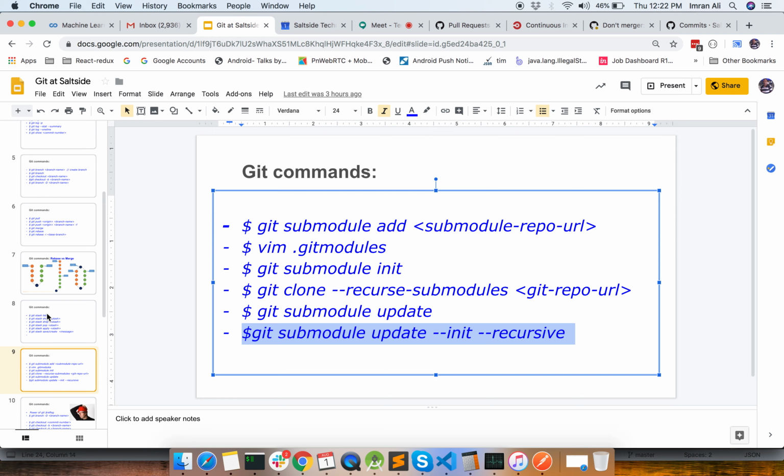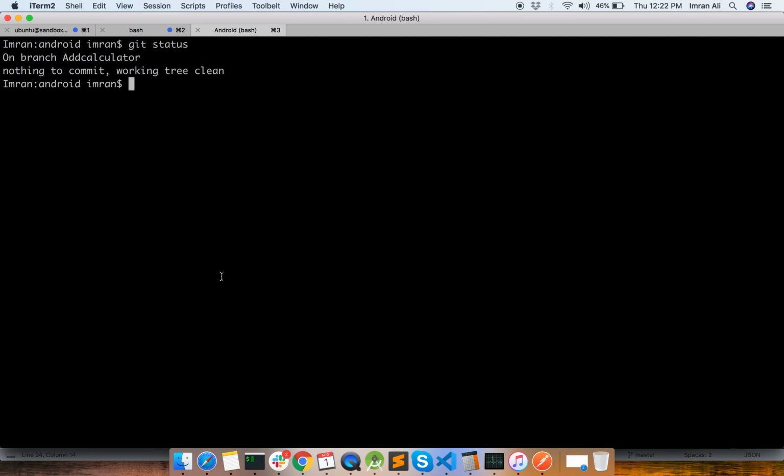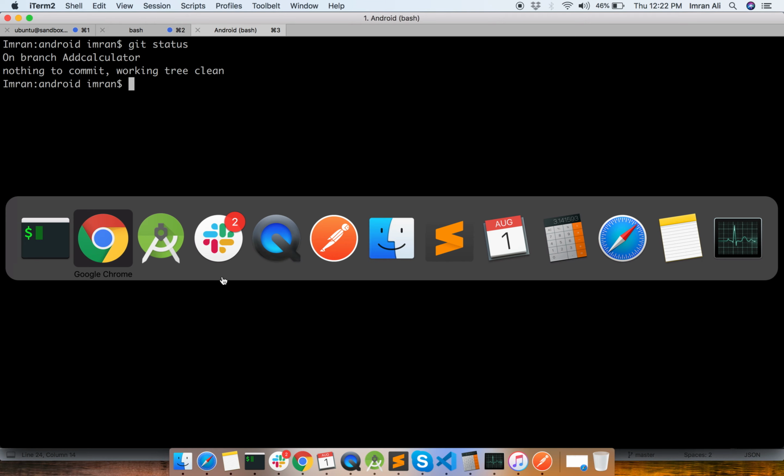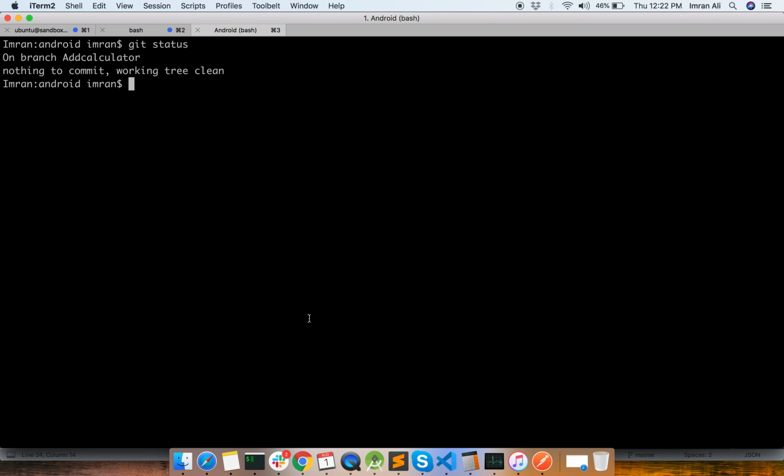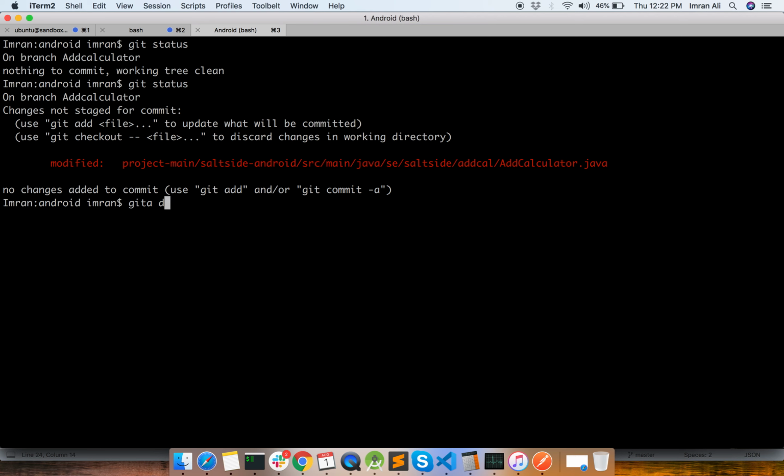Now come on to one more thing. Like we did here, one more in additions. Let's say final int c = a + b + c. So we added one more method, right? So here will be the change. Let us git status, git add -p,